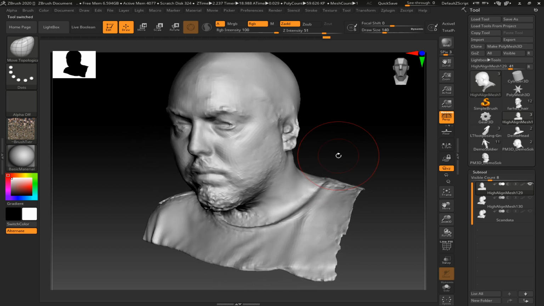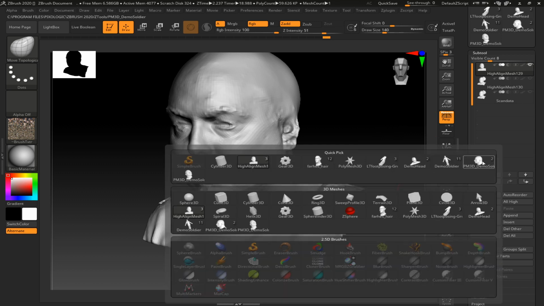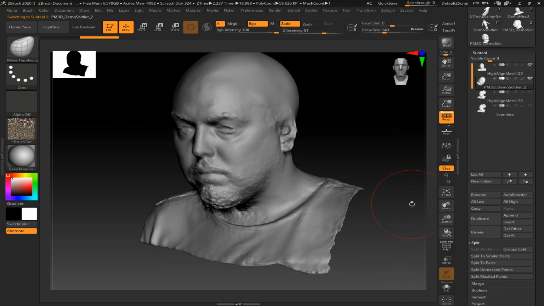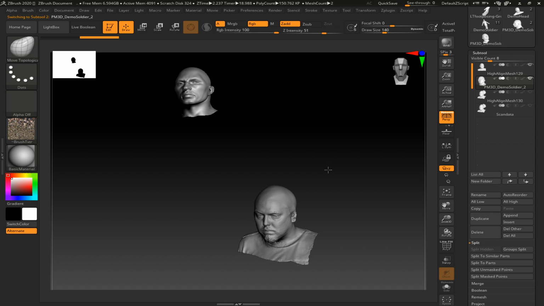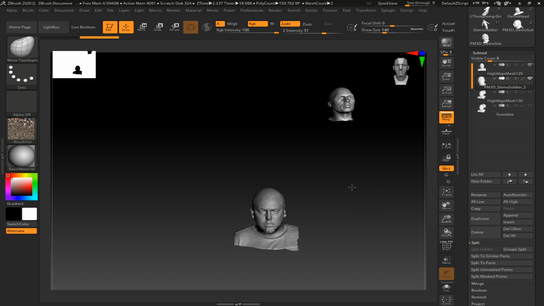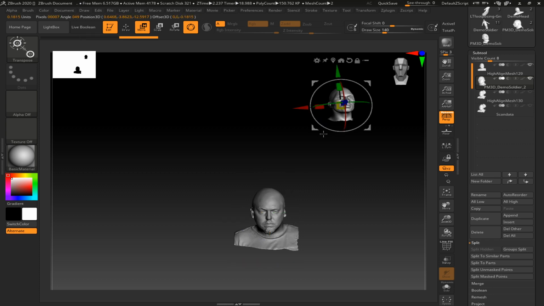Scan data. And now I can import or append or insert that head. And we just want the head. PM3D demo soldier head. So, where the heck is it? Oh my god, it's all the way over there. This becomes the big problem with this technique. But again, if you didn't have a skull cap or bandana, didn't follow instructions, then this becomes a big problem, doesn't it? So, W to move, hit the map marker or go to Unmasked Mesh Center, and then move, scale,